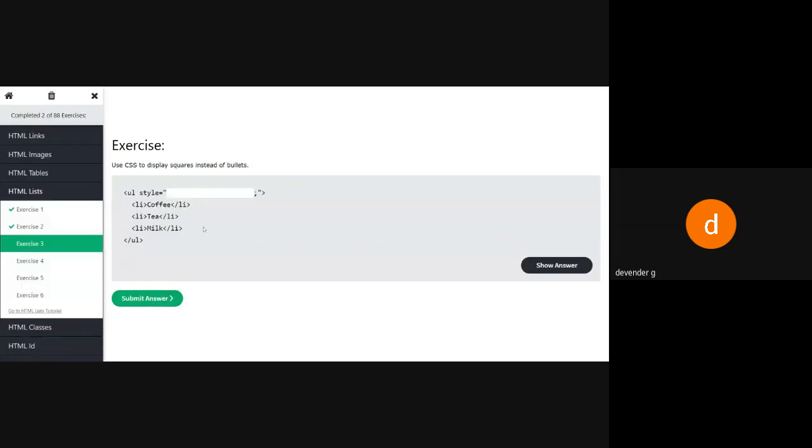Then we need the styles for the bullets. So what do I have to do? CSS we have to write for this. Simply we used to write the attribute type. Yesterday we saw something like type is equal to square or disk. So how are you going to use the style for getting the bullets?